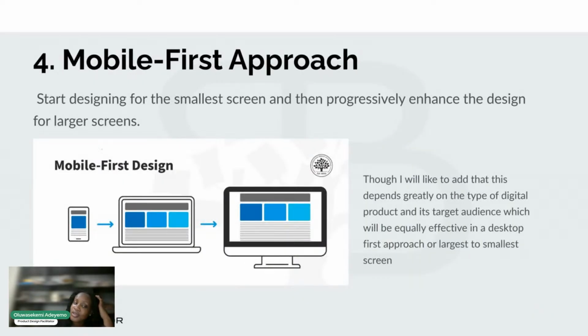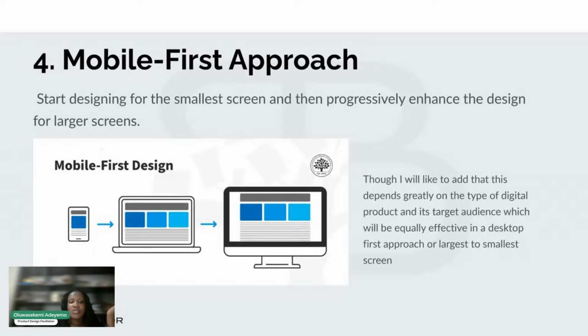Then mobile first approach, we kind of mentioned this. So mobile first approach is basically designed for the smallest screen and go on to the larger screen. This works perfectly for mobile applications. So let's say WhatsApp. I believe WhatsApp started from the phone before it went up. This is a BlackBerry. It started from the phone before it went up to have its own WhatsApp web. Same with Telegram and the rest. Because the target audience was mobile, the first application was mobile,